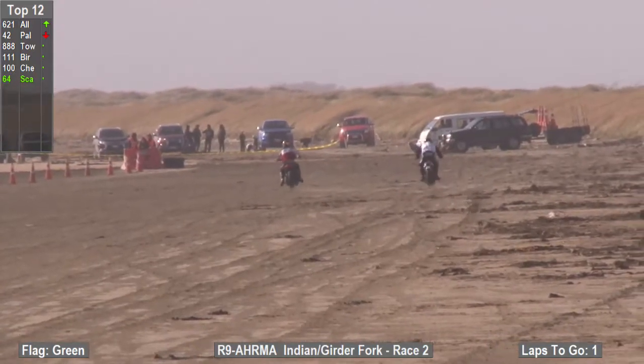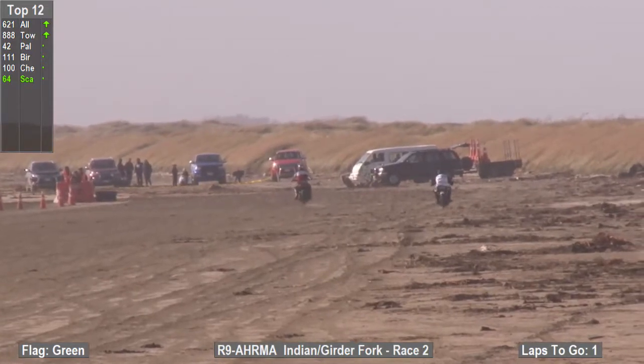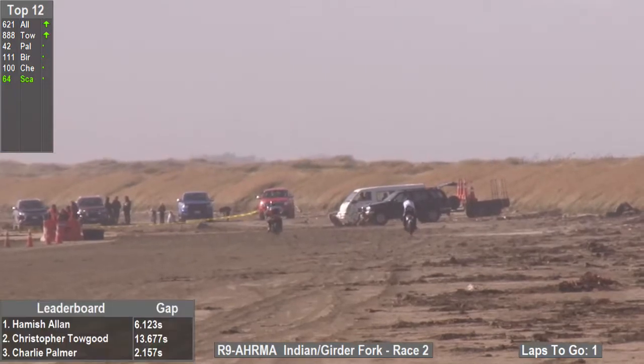So we'll push his bike off to the side, so he will get the credit of that lap. Here we are with 111 now, Peter Berthasel, and the 100 then of Mick Chegg-Widden, the two men out of